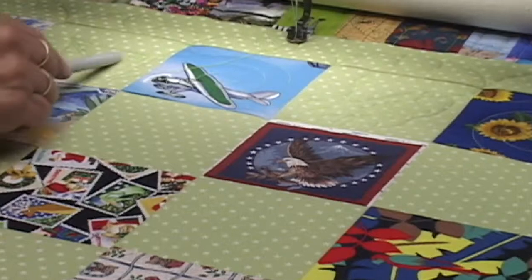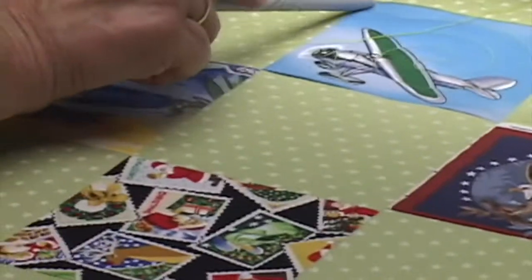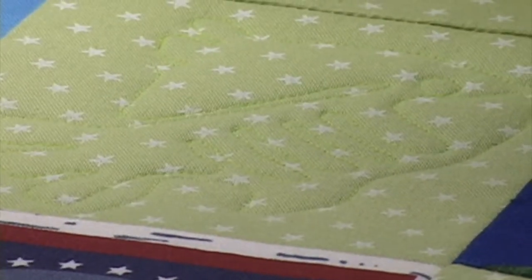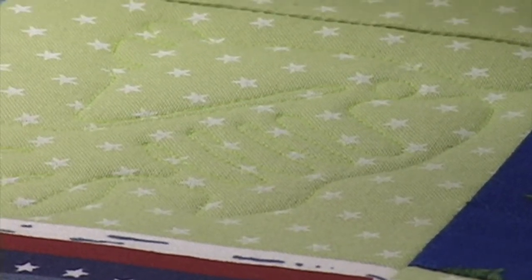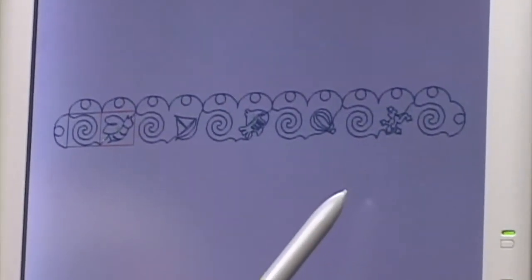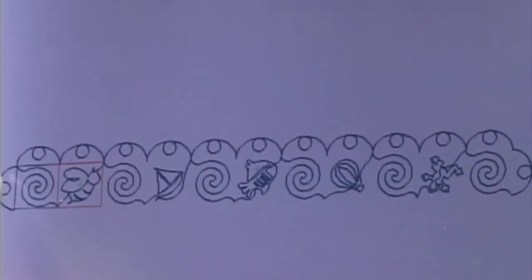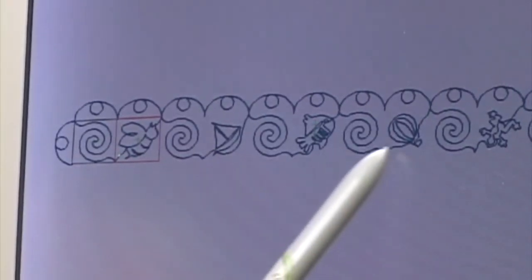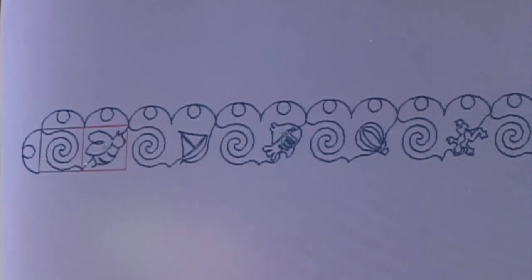So I'm stitching a design from corner to corner, and then just a spiral design over the printed fabric, and then I'm putting in another motif. Like I said, it's hard to see on the quilt, so if you come up to the screen you can see the row I've already done. Okay, the half circles with the loops, that's in the sashing around. It's this that's going through the squares, and I'll show you how to do that